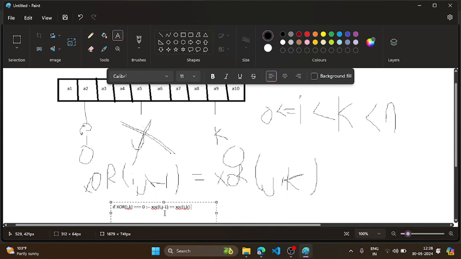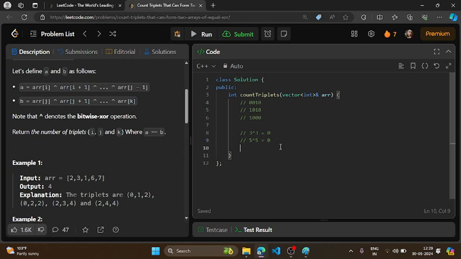So why care about j? We can only consider the two indexes i and k, and we will find such i and k where the XOR of i to k should be 0. So if you get such i, k where the XOR of i to k equals 0, then the number of j's we can find will be the length of our subarray minus 1, right? These many times we can find j in that particular array. So this is the approach of our question. I hope you understand. Let's implement this in code.